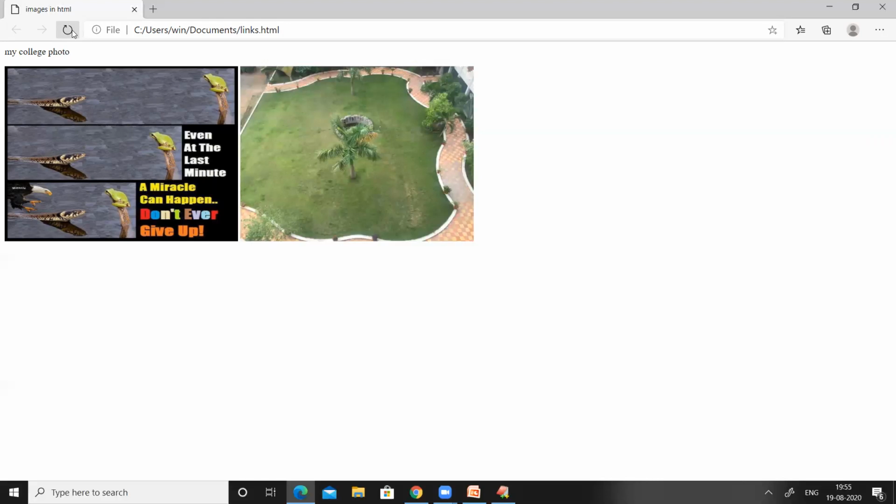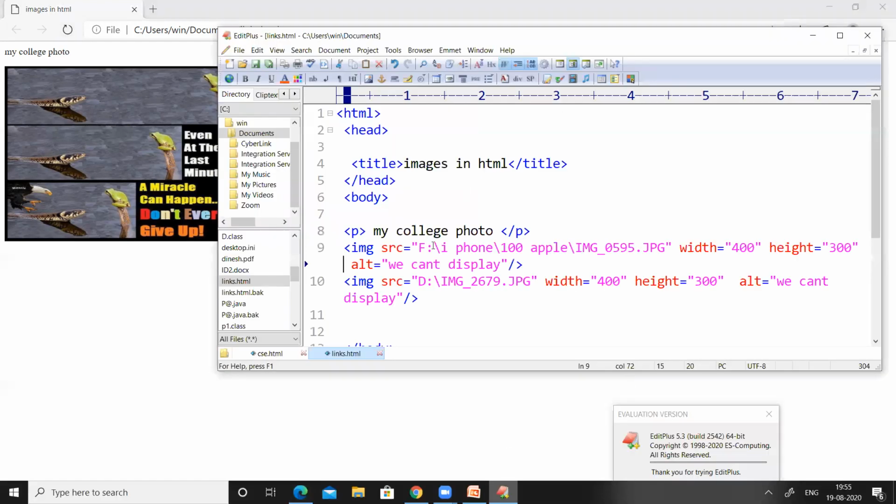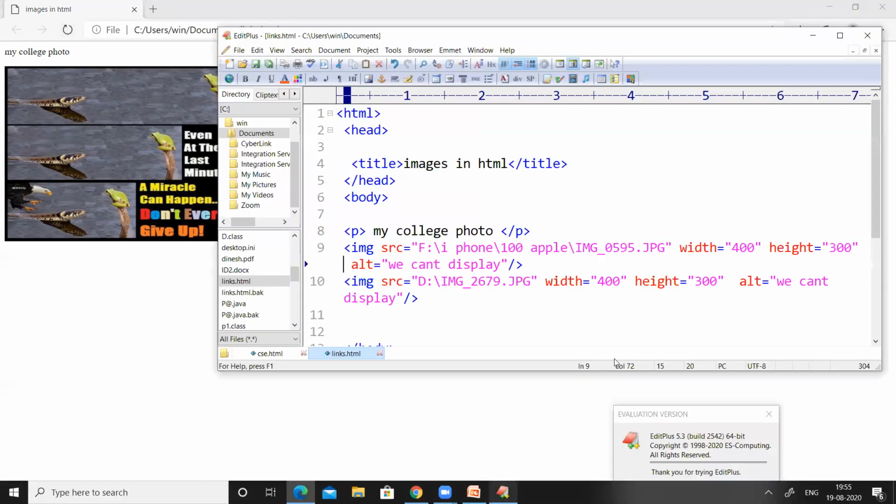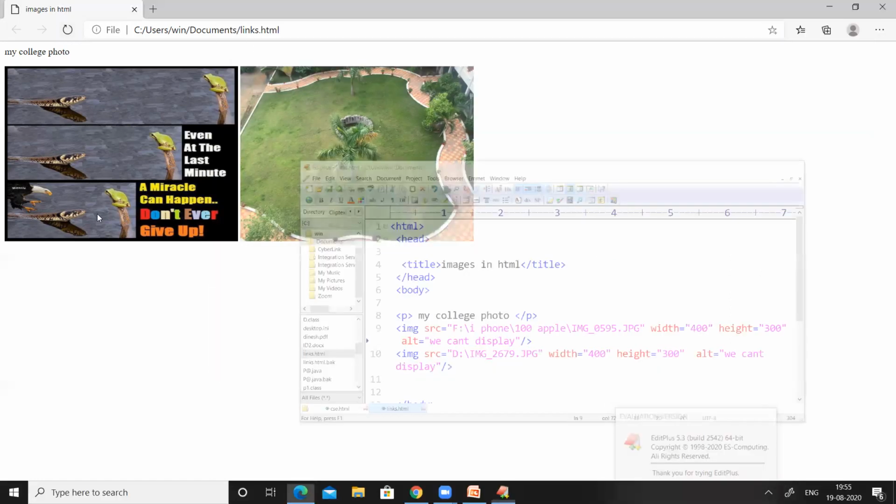So you can observe both the images are displayed side by side. So here the code is, first we inserted an image with the name img0595, and it is already aligned left. So the second image which was inserted is not overlapping with the first image.